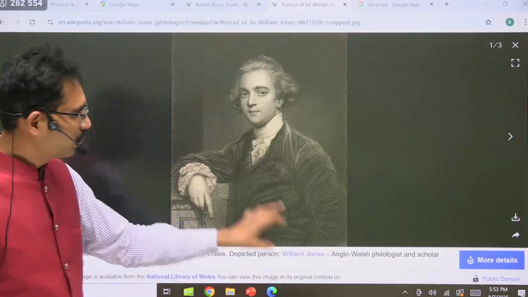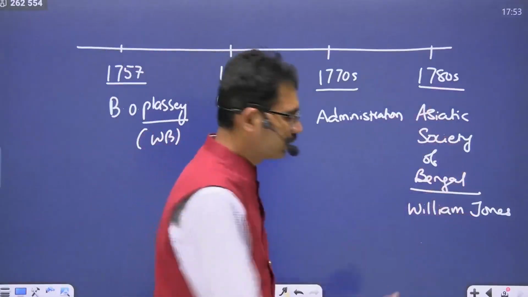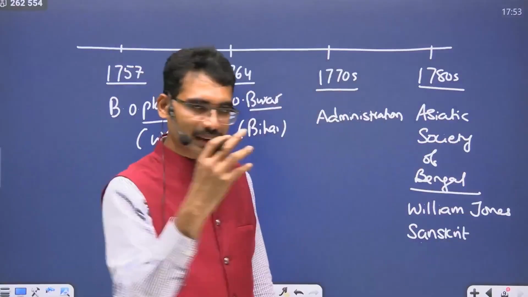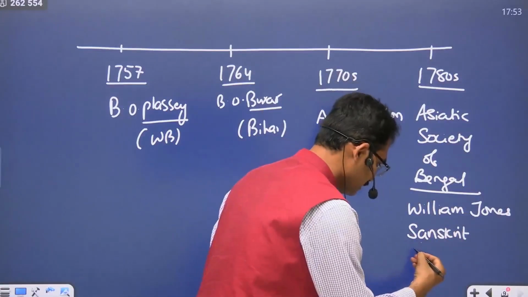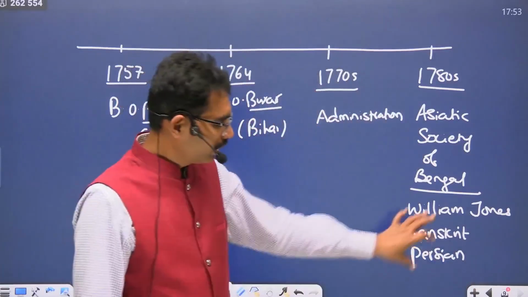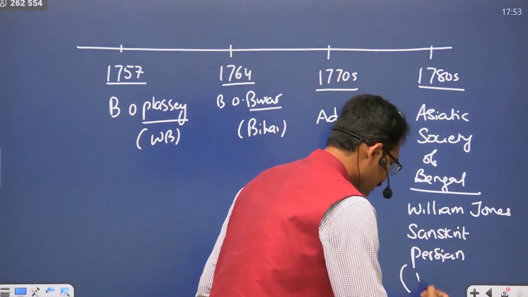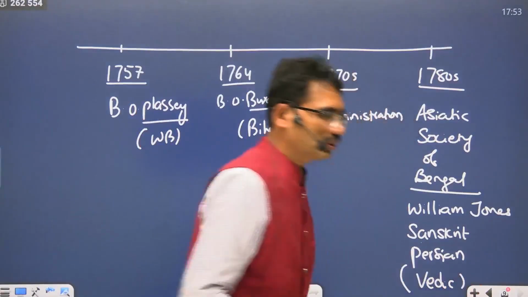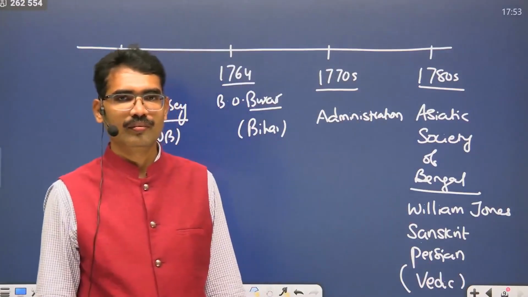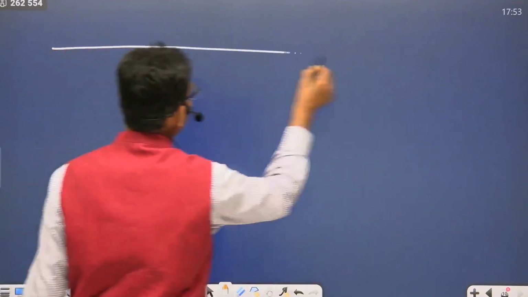He is the person who was instrumental in this. What is the purpose of this organization? To know about India's oldest scriptures by understanding Sanskrit, Persian, Arabic. They read about India and they understood. But what is the story? During this time period, if they want to know about India, they have to begin with the text called Veda. In 1800s,